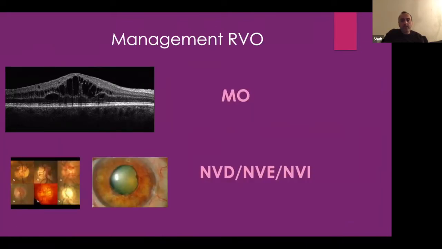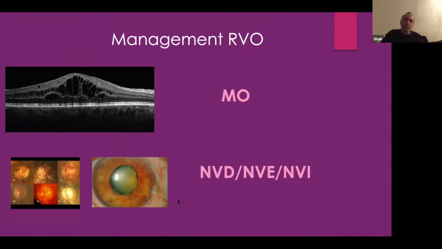And essentially, the thing that makes you lose sight is either macular edema or development of new vessel disease, as mentioned. So that's new vessels on the disc, elsewhere, or on the iris. It's very easy, actually, to miss iris vessels if you haven't looked at the patient. So it's essential that if you think somebody has retinal vein occlusion, you check the pupil. Obviously, you would have done the vision. But look at the iris before you put the drops in, because once you put the drops in, the iris is dilated, you might miss fine NVI, and you can sometimes see that right at the pupillary margin.